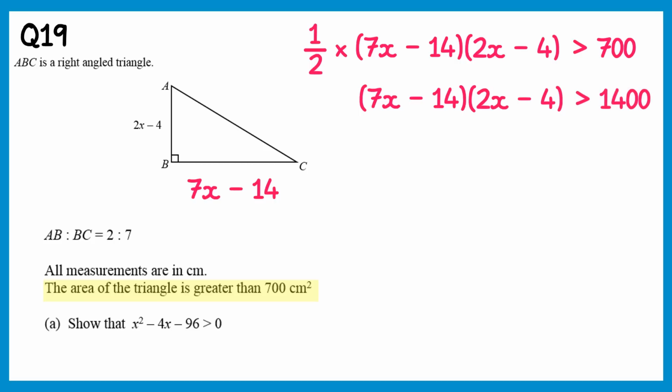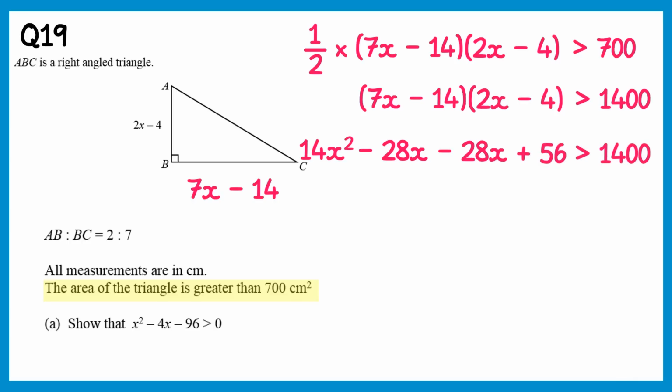Next, we'll expand the brackets, so 7x times 2x is 14x squared, 7x times negative 4 is negative 28x, negative 14 times 2x is negative 28x also, and negative 14 times negative 4 is positive 56. And the right-hand side is still greater than 1,400. On the left we can simplify, we've got negative 28x and negative 28x, so 14x squared, take 56x, plus 56